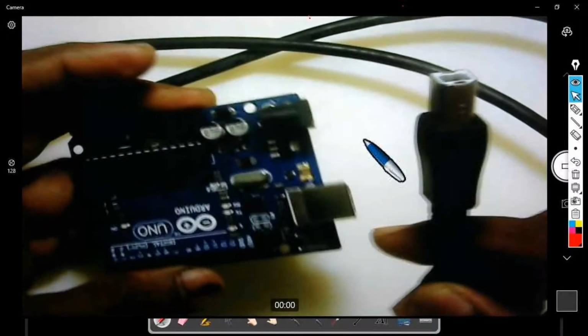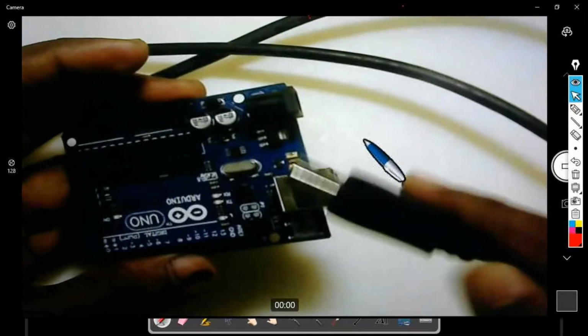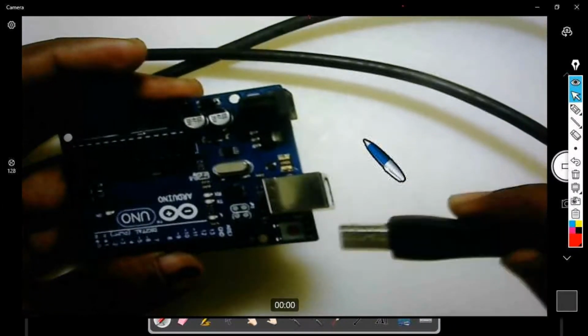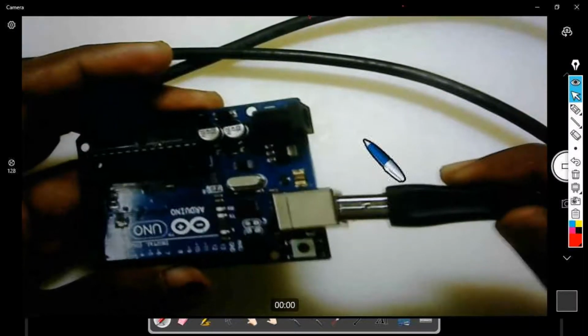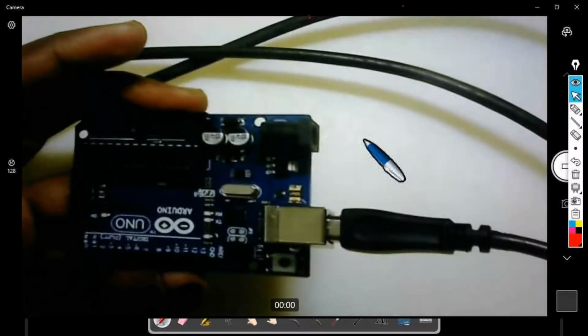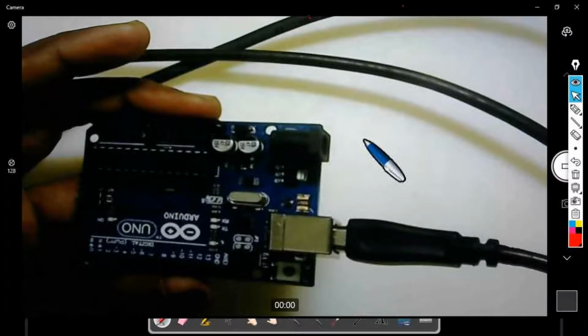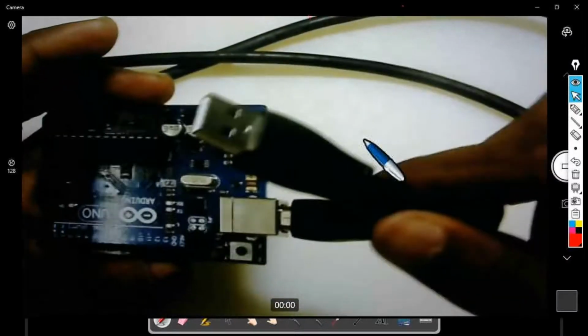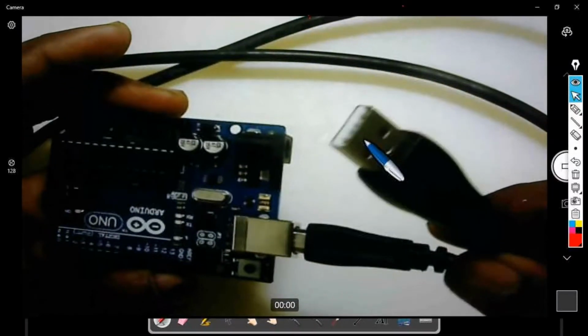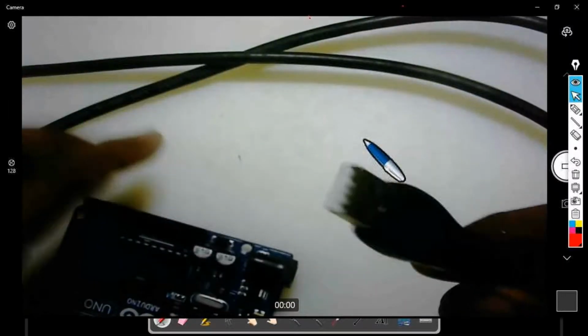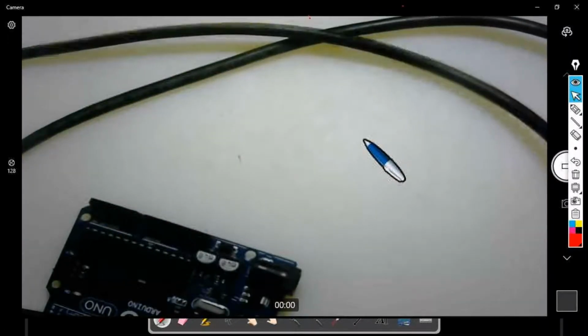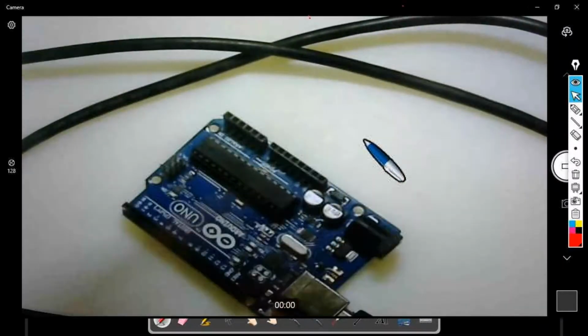So we'll connect USB type B to the slot provided in Arduino Uno, and the other end, USB type A, we'll connect to one of the ports of our laptop.